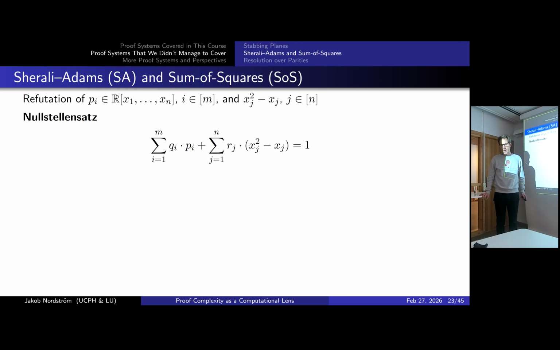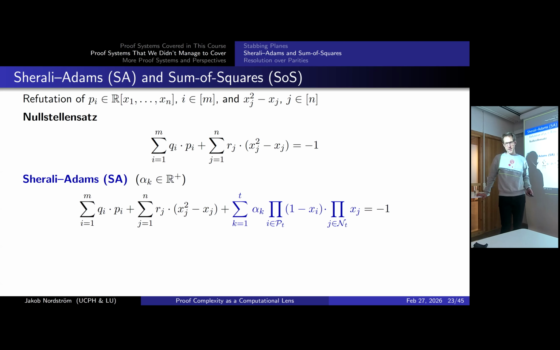Hilbert's Nullstellensatz says that this is possible if and only if there is no common root of these polynomials, because we're over 0, 1. And so a Nullstellensatz certificate is such a certificate. And then instead of 1, I just changed it to -1 because it's nicer when I say in Sherali-Adams, you sort of have a Nullstellensatz certificate, except that you're also allowed to add any monomials, 1 minus x_i times x_j,